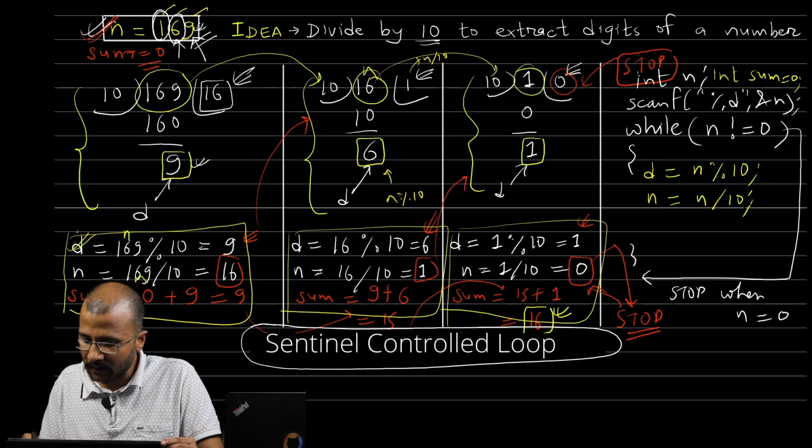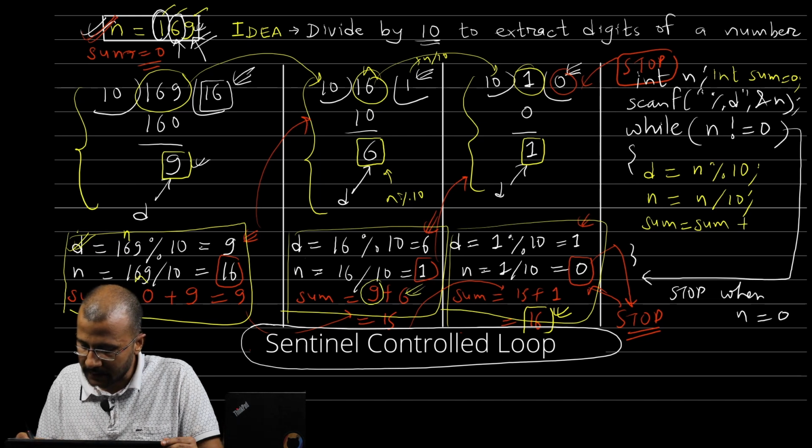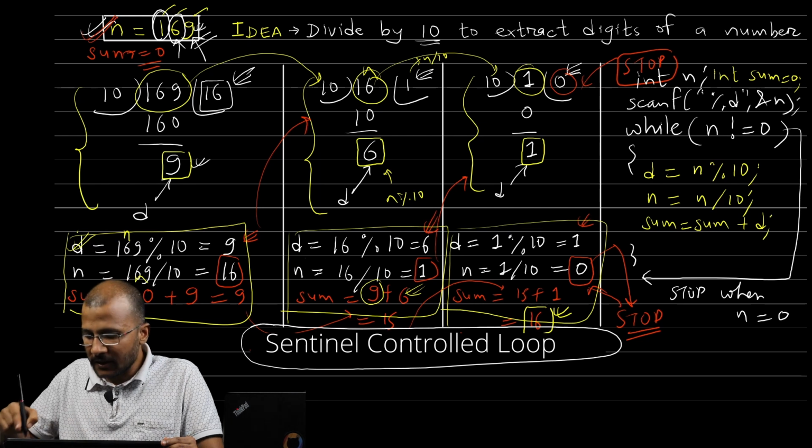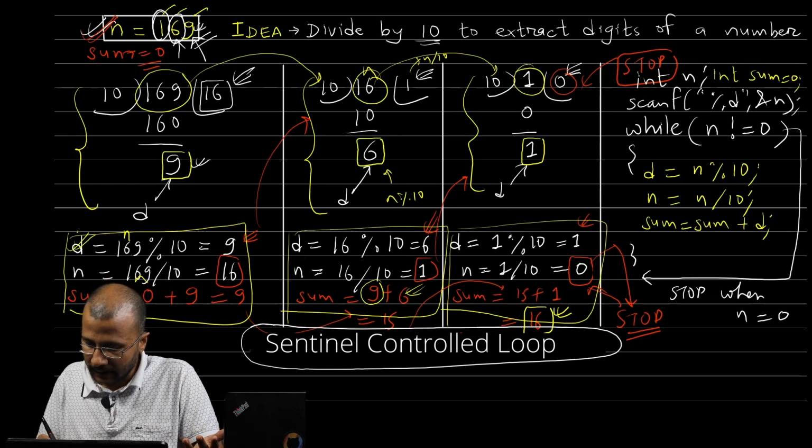Okay, so updation of n is done here, and then I'll have to add it to sum, right? The old sum, this is the old sum plus the digit d. Okay, plus the digit d. So if this loop continues, this will continue till when? Till n becomes 0. Whenever n becomes 0, it will come out of the loop, and then after the loop,